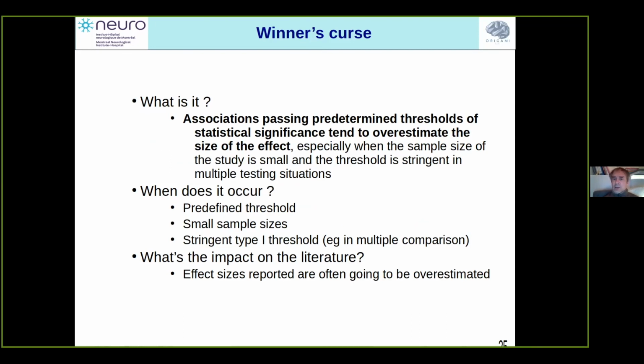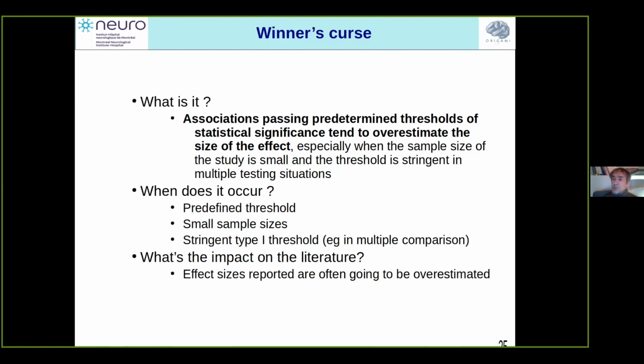Then, especially when the study has a small sample size and the statistical threshold is stringent, you have an overestimation of the effect size. By definition, you're going to report only effect sizes that are above a certain threshold, and that leads to an overestimation. So the effect sizes reported in the literature are sometimes vastly